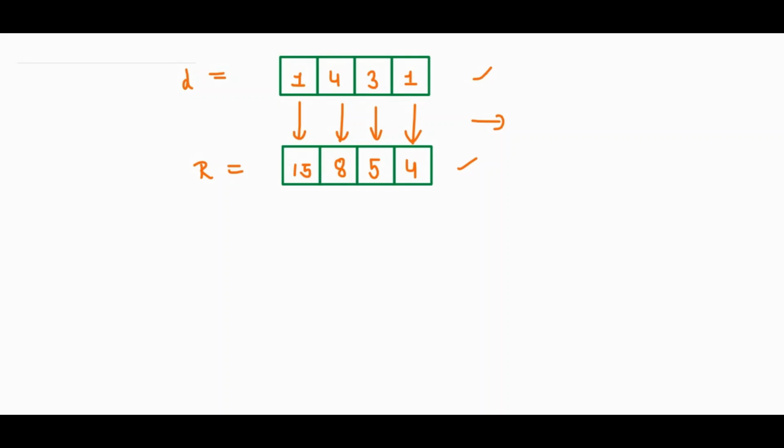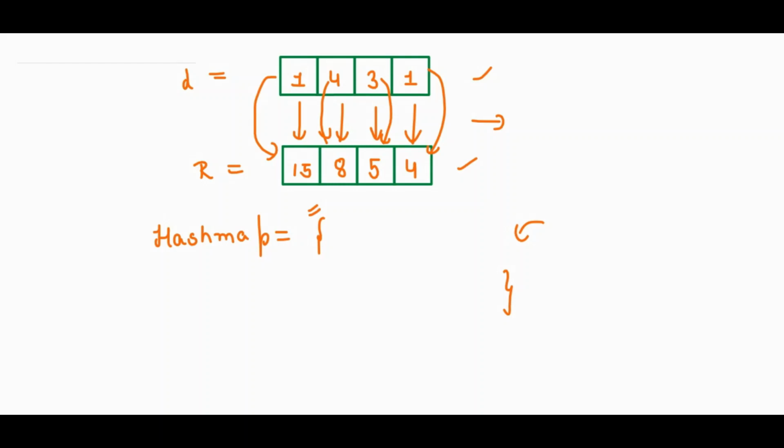In this approach what we will do is we will use the hash map. So using hash map, how will it help? We will traverse in all the ranges. That means we will traverse from 1 to 15 and store the elements in hash map. Then we will traverse from 4 to 8 and again store the numbers in the hash map. Same thing with 3 to 5 and same thing with 1 to 4. So we will get all the numbers with their frequencies in the hash map. Then we will return the number which has the maximum frequency.